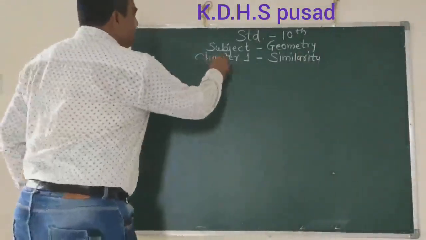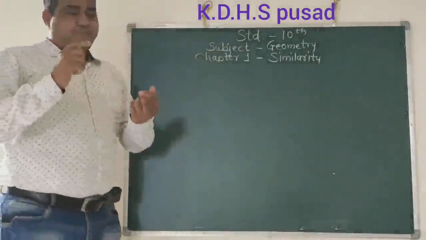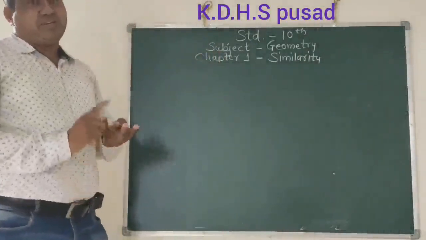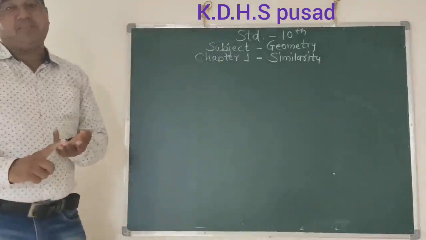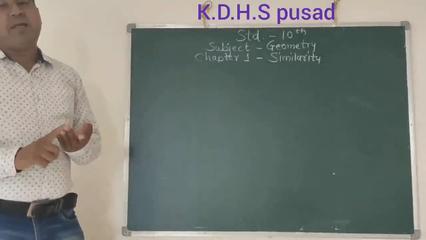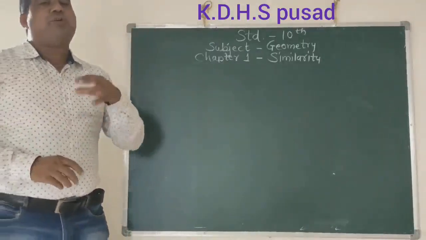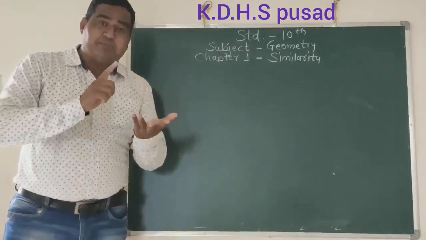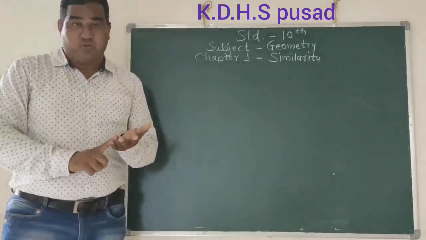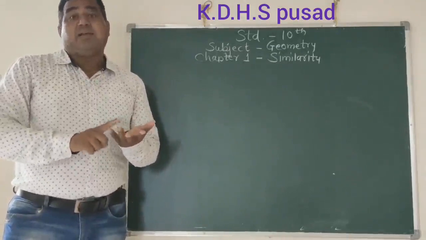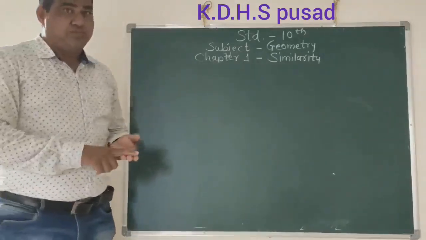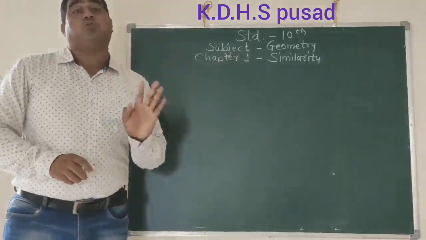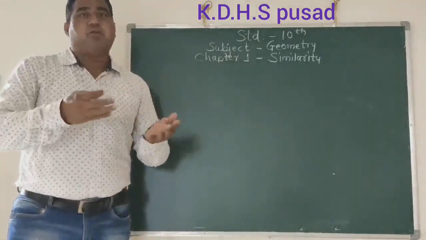So we have studied basic BPT, converse of BPT, then angle bisector theorem, and then property of three parallel lines and their transversals. So what are numericals based on practice set 1.2 that you have to solve as practice, and then similar questions in problem set 1 that you have to solve. Okay, I hope that you have solved already.